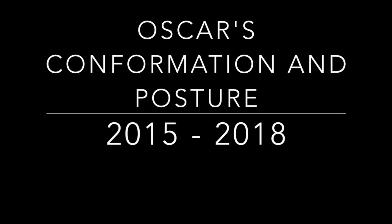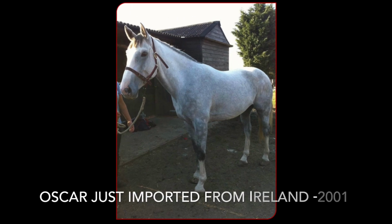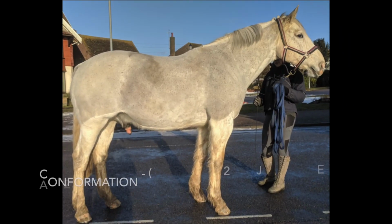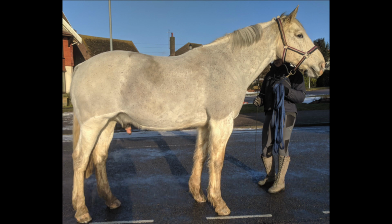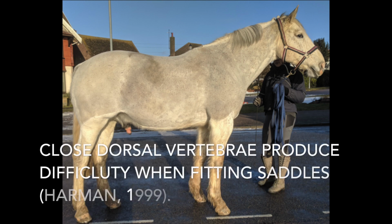This picture was before I owned Oscar, and although it is not perpendicular, it gives an indication of initial conformation and posture before any intervention. Oscar shows a 90-degree shoulder and hip angulation, preferable for show jumping horses. Lawrence 2001, Thomas 2018. He has a short neck set well into his shoulders and his head is slightly too